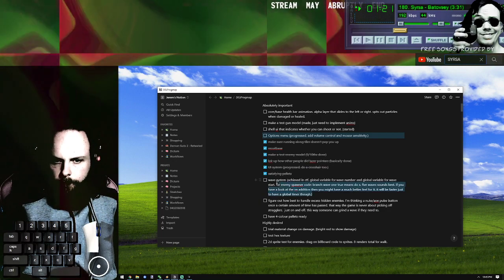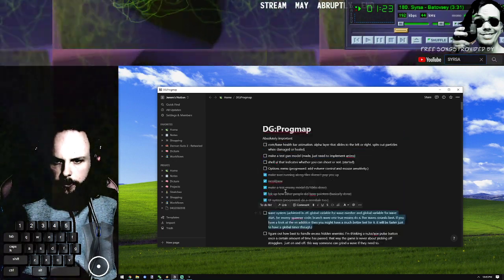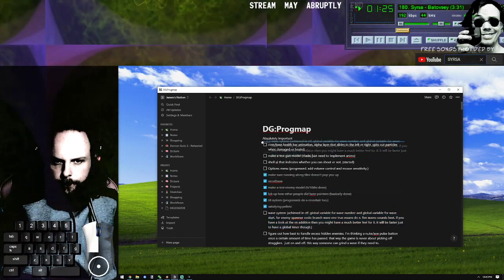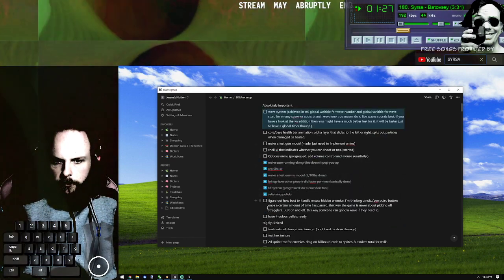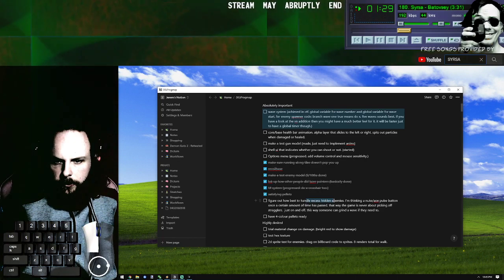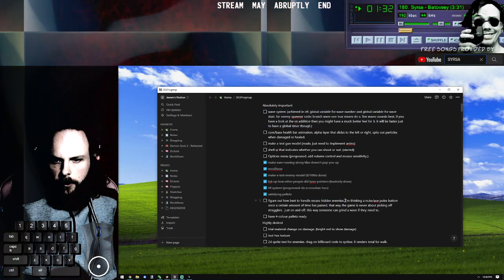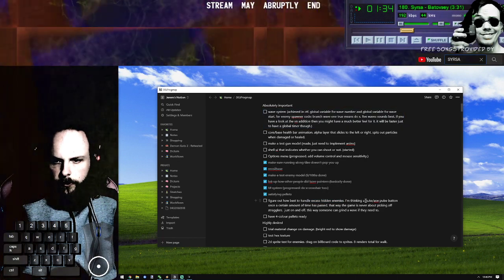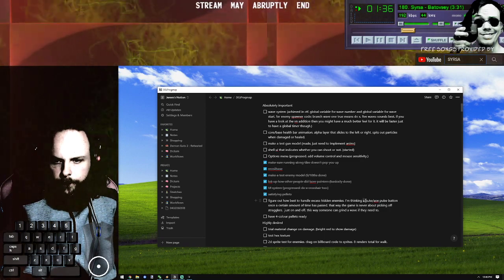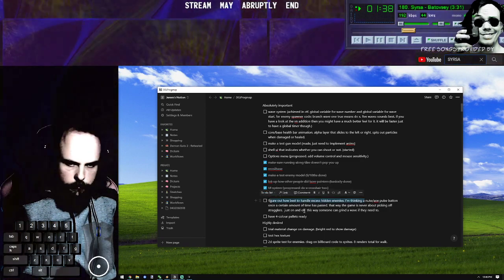Wave system. Not too scared of that. I'd be happy to start that right now. Figure out how to best handle access hidden enemies. Yeah, stick with the nuke option, now that I've thought about it a bit more. Trial.